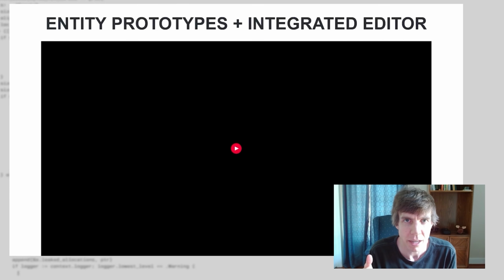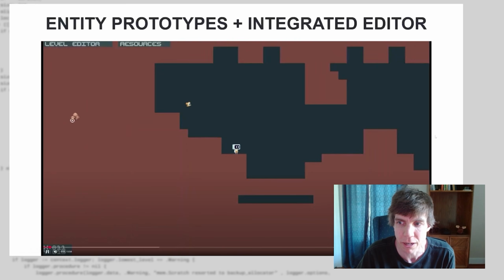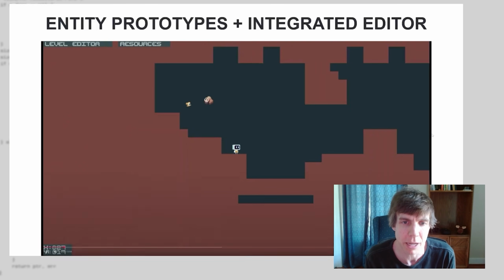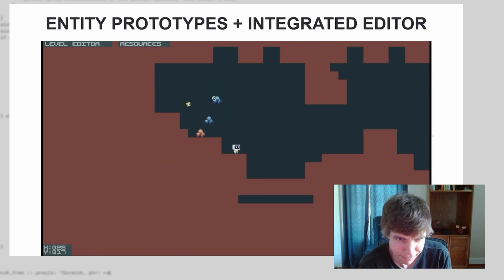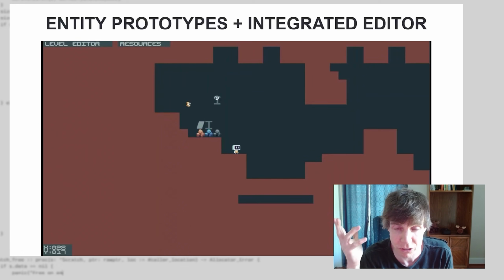Another one that I found for improving my ability to iterate on a game and quickly test out ideas is to just merge the world editor and the game into one thing. So I'll just play this video. This is from the game that I'm presently prototyping. It's called Cave Factory. So I've got my level editor, which is just a mode that the game goes into